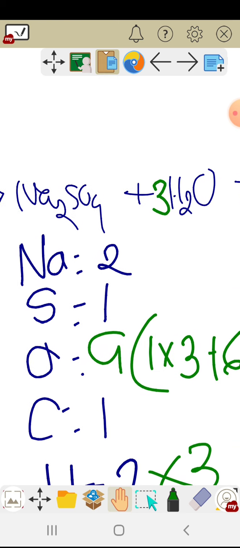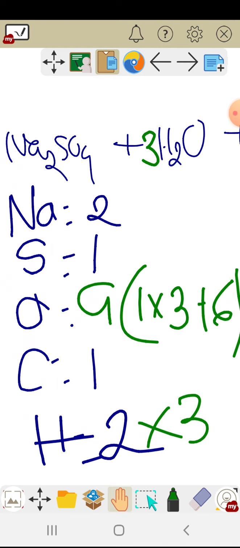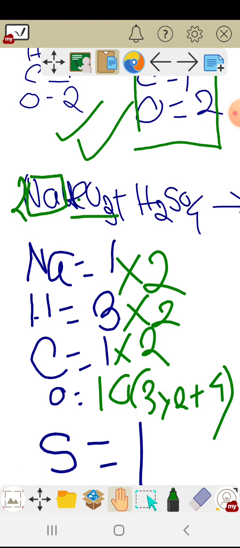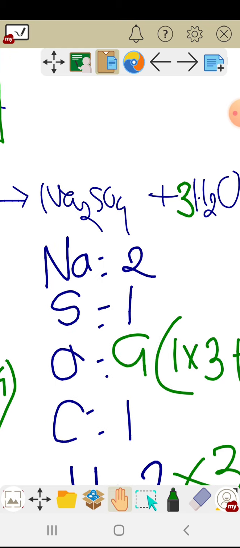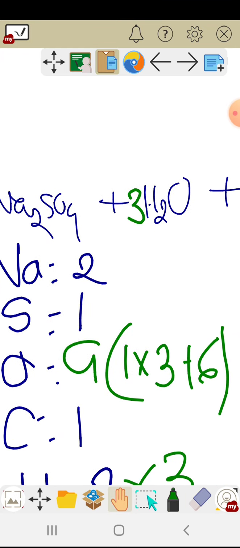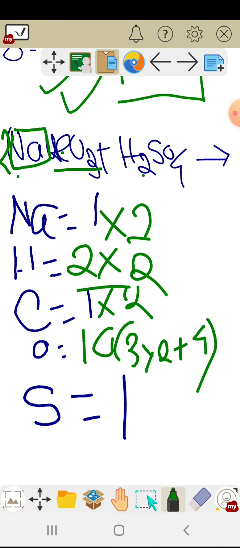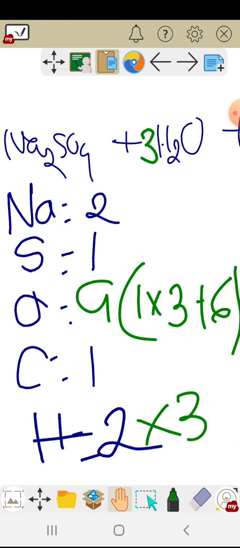What we need to do? 3 is already here, but we cannot place this 3. Why will we not place this 3? Because hydrogen needs to be stable. Okay, hydrogen was here 2 and hydrogen is here 2. So 2 plus 2, 4. Cannot we bring 4 here? We can definitely bring the 4 here. Right? So this 3 into 2 will not do. We'll erase this. This is 2 into 2, that is 4. 2 into 2 is 4, right?